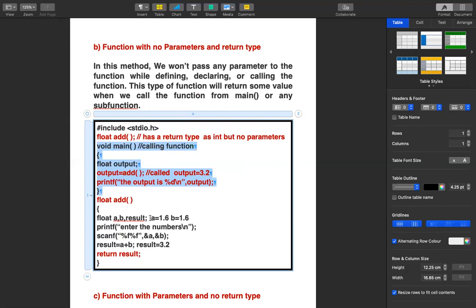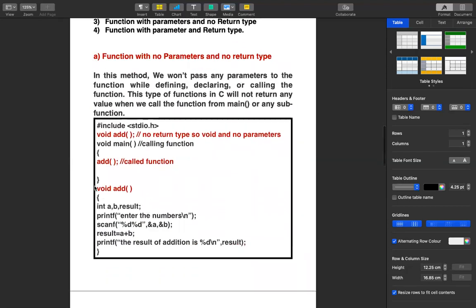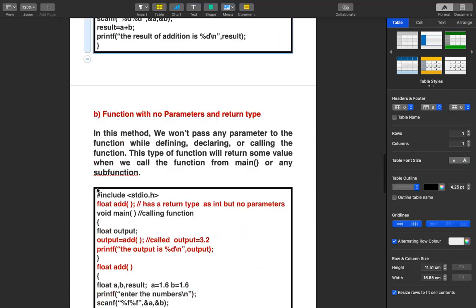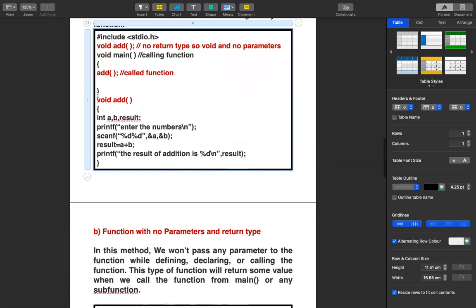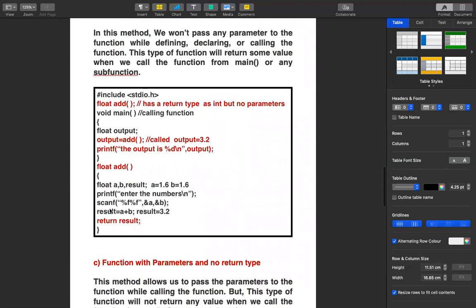If we want everything to be performed by one function, that is, add has to do input, processing and output, you could have gone for this case because everything is performed inside the add function. So that means your main function, the calling function, doesn't have any job. Everything is done by add.